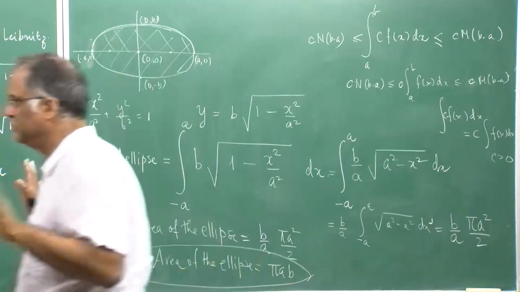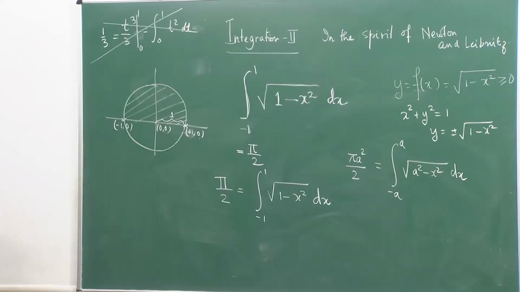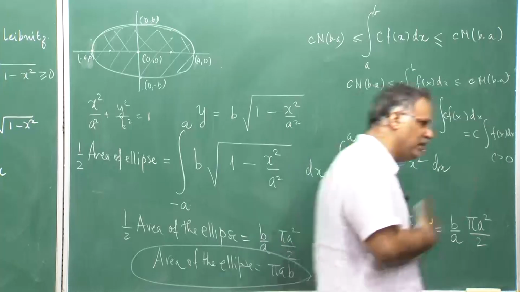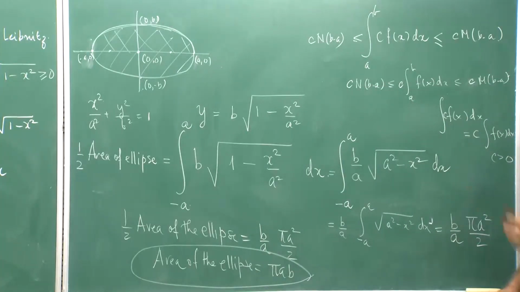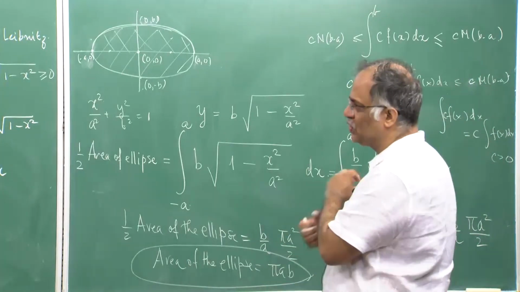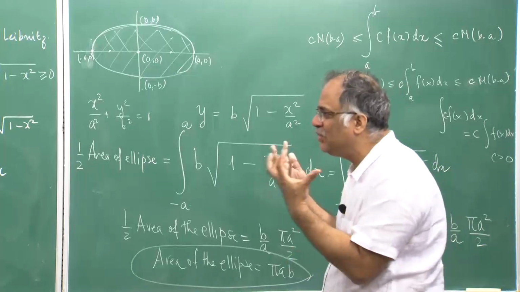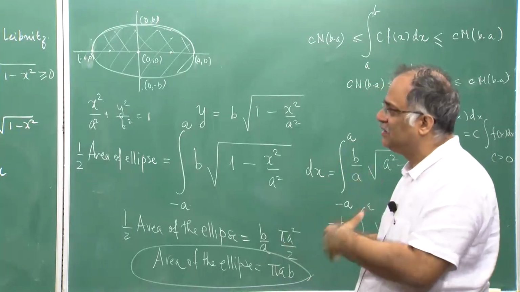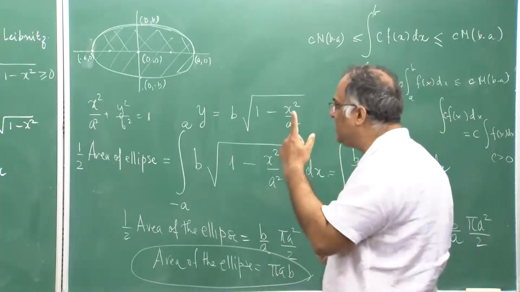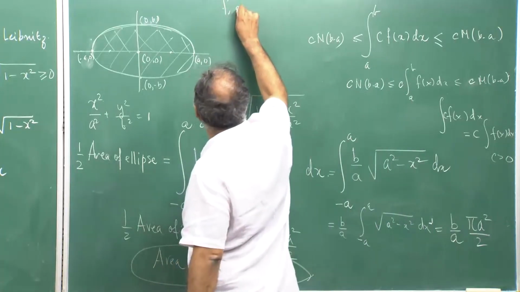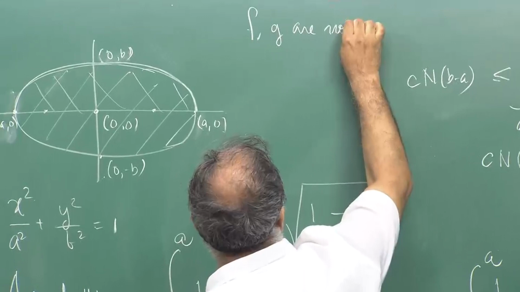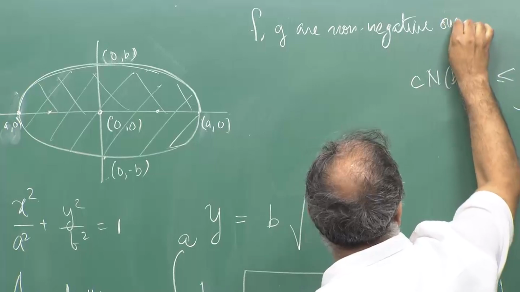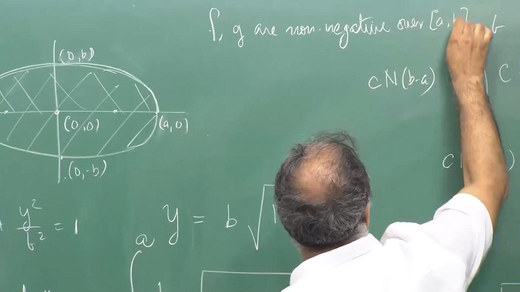There are 3 minutes left in this lecture, so I will not start anything new, but I will ask you to go back home, look at the definitions that I have given and prove something which is interesting. As Corner mentions, there is something about area. What is it about areas which the Greeks didn't know, but which we know about integrals? It is the following: if f and g are non-negative functions over ab, then